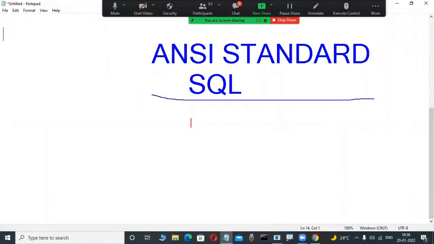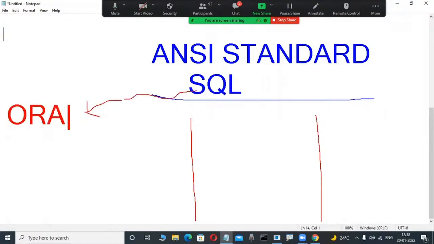I agree, but unfortunately, observe here, from this ANSI standard SQL language, Oracle Corporation created their own SQL